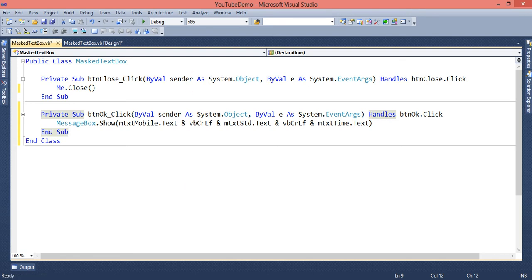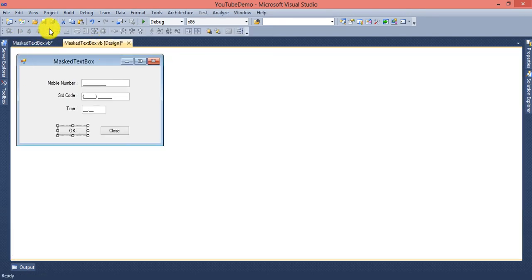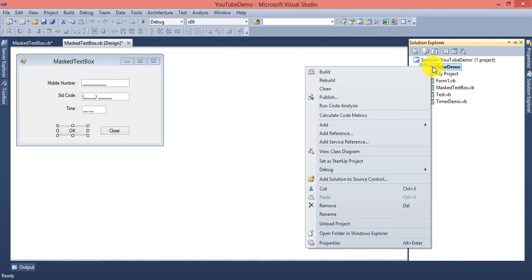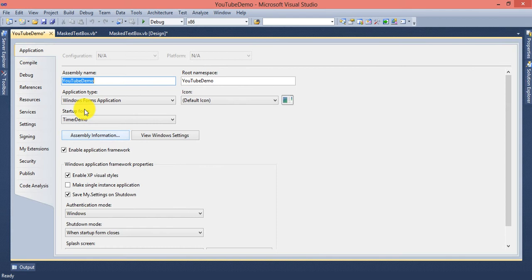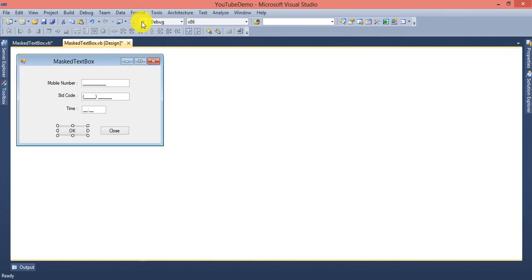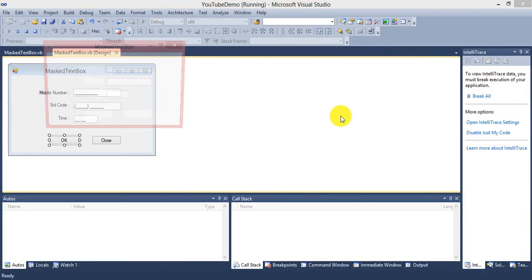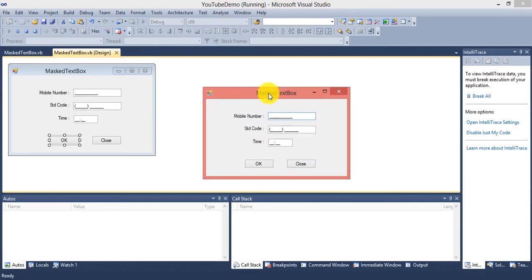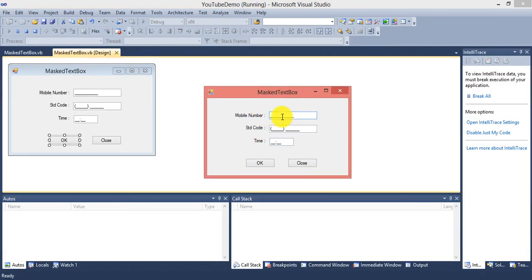Okay, now we just save it and set it to run. It's a masked text box, and we run this. Okay, very well, it will be executed. You can see here every mask is already present.